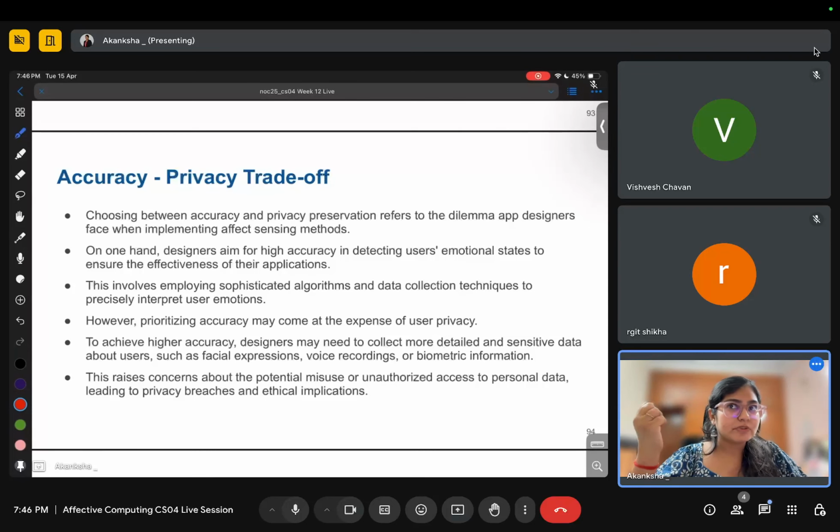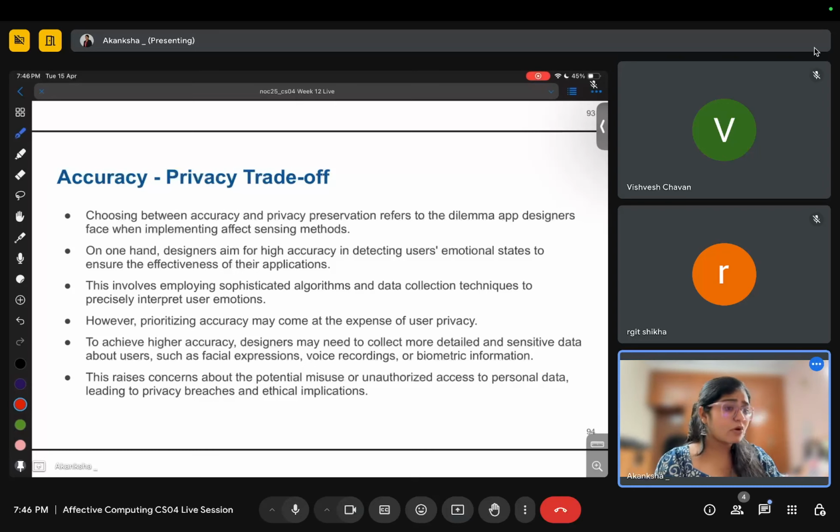Okay, so why don't you want to give the data? Because of privacy concerns, that if I give more data, meaning what the application is requiring, it's more of an additional requirement. Okay, so accuracy will increase if I increase the quality of the data, but if I need more details, then I have to compromise on the privacy part. Okay, so that is how the accuracy versus privacy trade-off is there.